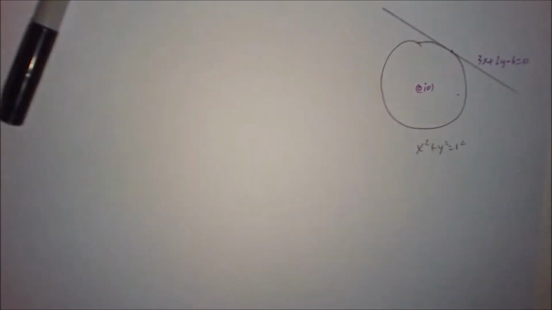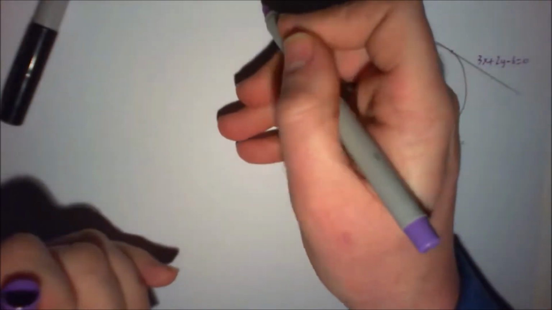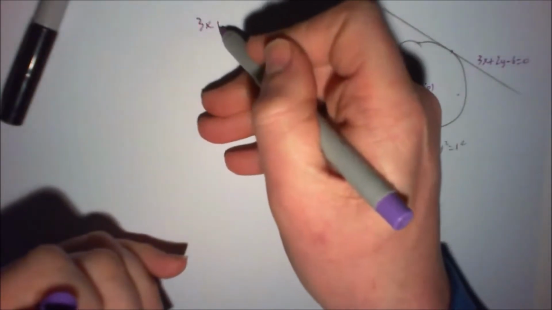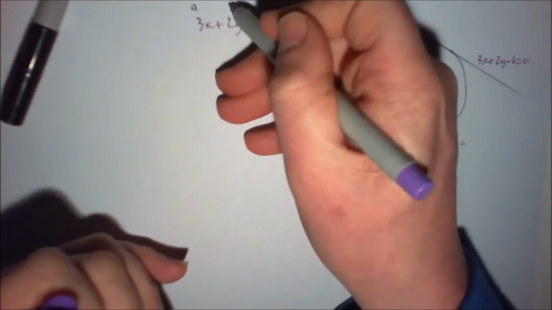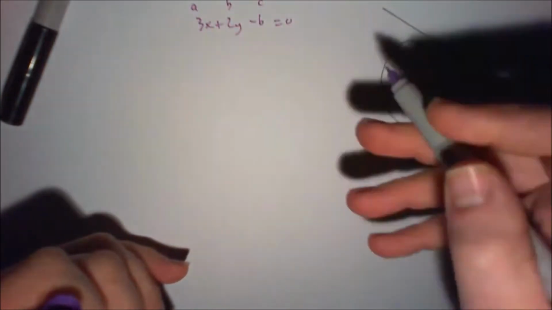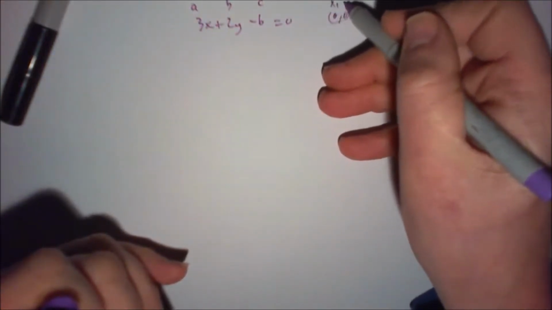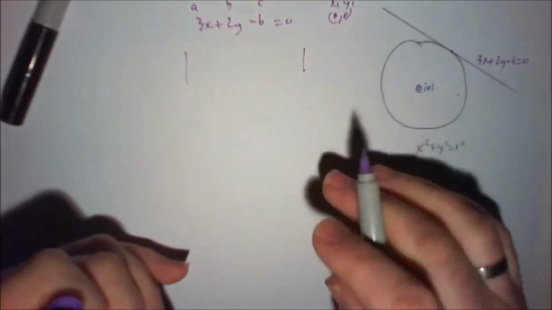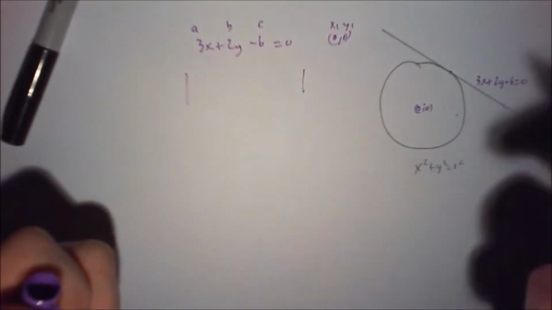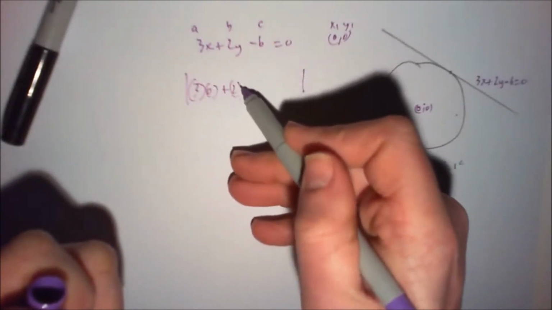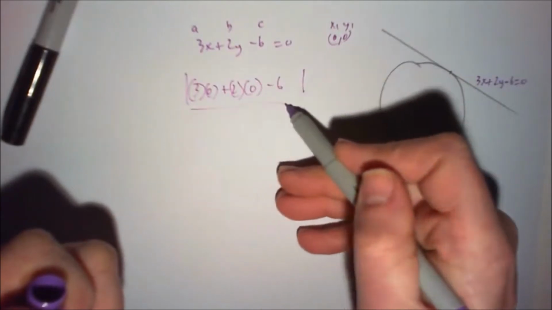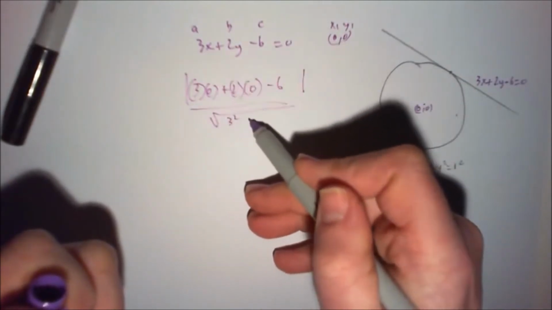Okay, so let's use our perpendicular distance formula. So perpendicular distance formula, let's find it. What is it? Well, first of all, let's write down what we have. We have 3x plus 2y minus 6 equal 0. So there's your A, your B, and your C. And we've our point, 0, 0. That's your x1 and your y1. So what does our perpendicular distance say? Our perpendicular distance says that it's A times x1, so 3 times 0 plus 2 times 0 minus 6